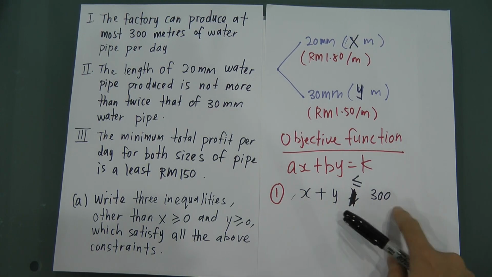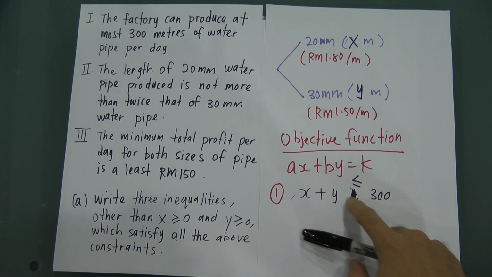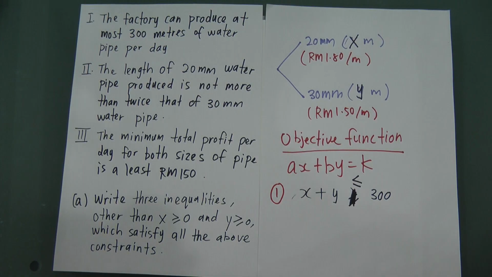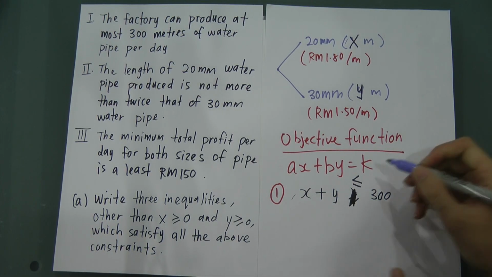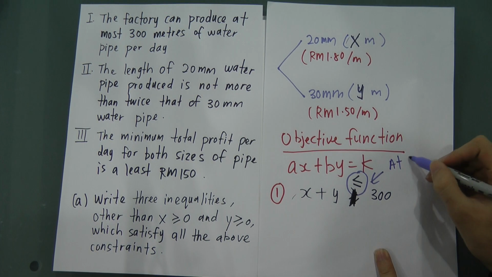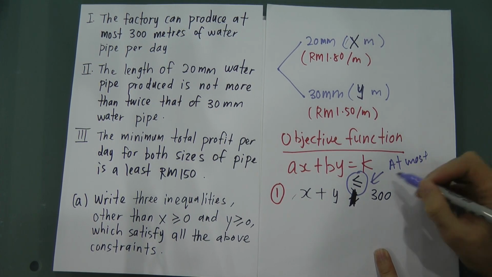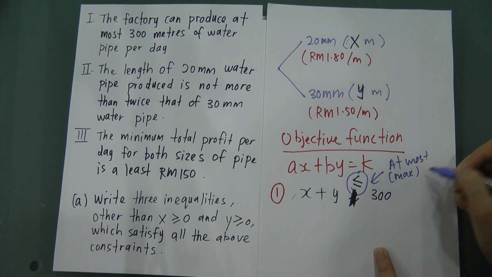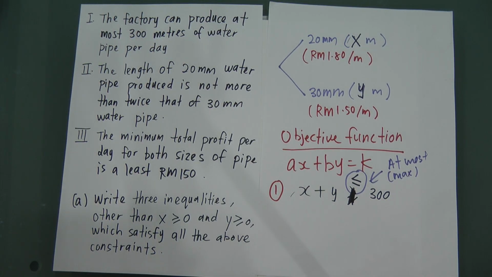Maximum is 300, so you have to draw this symbol for at most. When you see this symbol, it is for at most, or sometimes they use maximum. You will use this symbol. Okay, for the second equation,